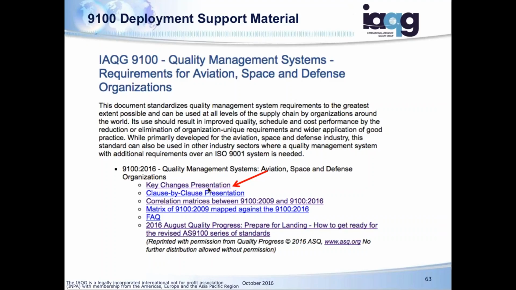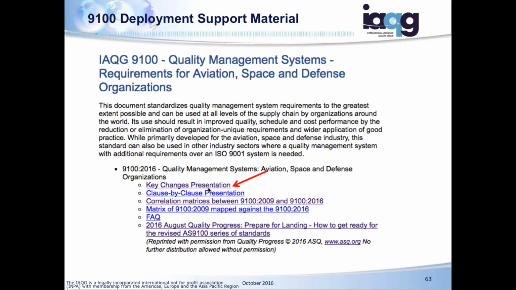Next, you'll see the correlation matrix. We have it both in Word side by side as well as a table in Excel. If you want to check where a requirement from 2009 went in 2016, or from 2016 back to 2009, these correlation matrices will show you that. There are some FAQs.